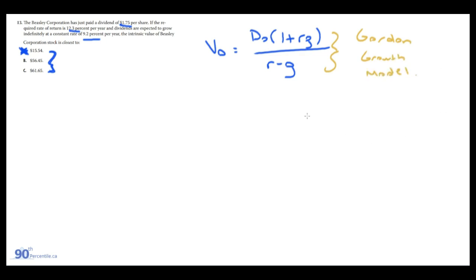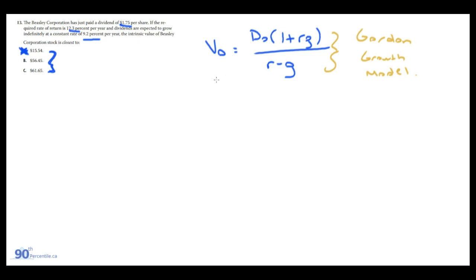And the formula is that the value of the share today is equal to the most recent dividend, dividend 0, times 1 plus the growth rate of the dividend, divided by the required rate of return minus the growth rate. I touched on this in the time value of money module when we were talking perpetual preferred shares. But in case you were wondering how this formula is derived,